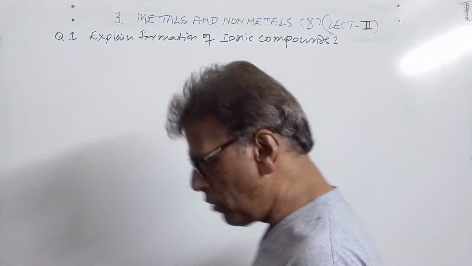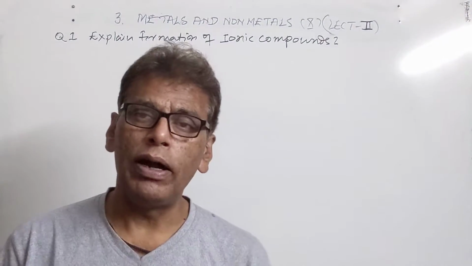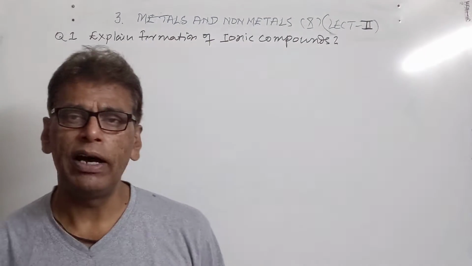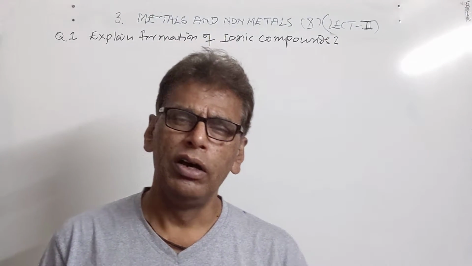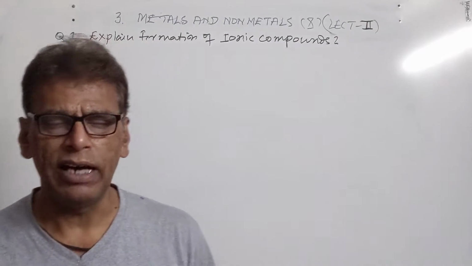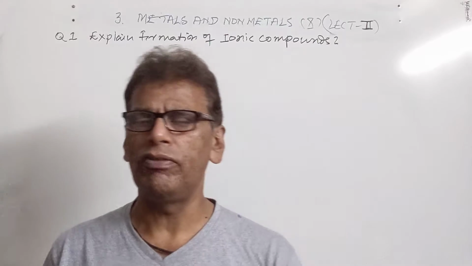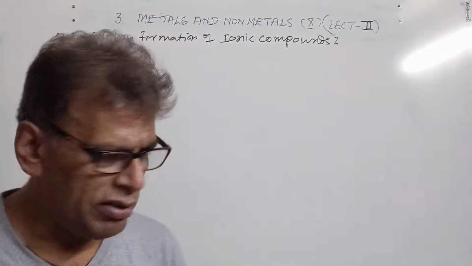These are salt-like compounds which are made of positive and negative ions. So now what are ionic compounds? First of all, let us define these compounds. Ionic compounds are the compounds which are formed by the mutual strong electrostatic force of attraction between oppositely charged ions, and these ions are produced by the mutual transference of electron from the valence shell of one atom to the valence shell of another atom.